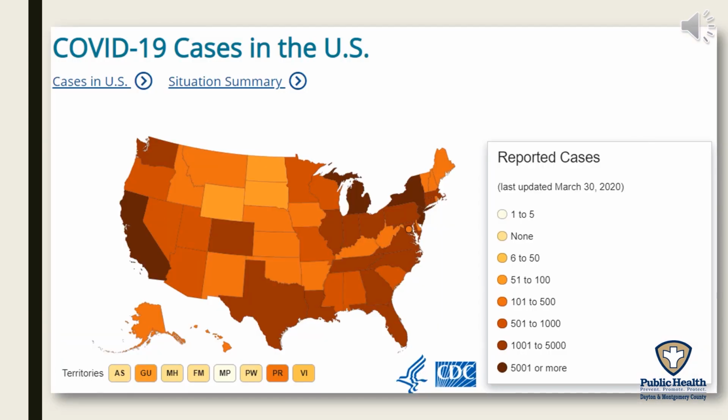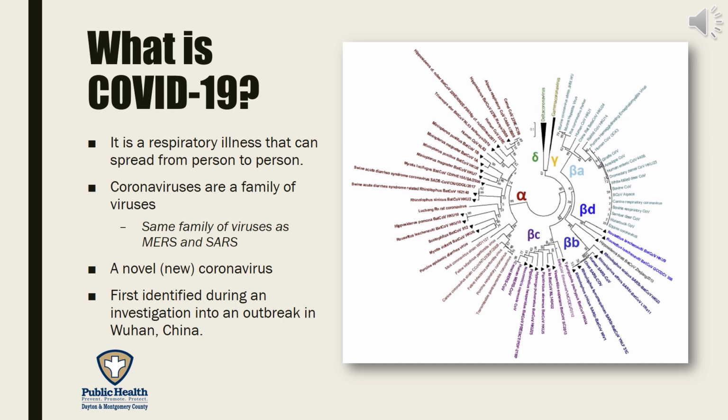On this slide is a heat map of the United States, showing the reported COVID cases throughout the country. As you can see, New York, Michigan, and California are the darkest, with 5,000 or more cases. And again, this was updated as of March 30th, 2020. I've provided you with a situational update, but what I'd like to do now is go into the details of